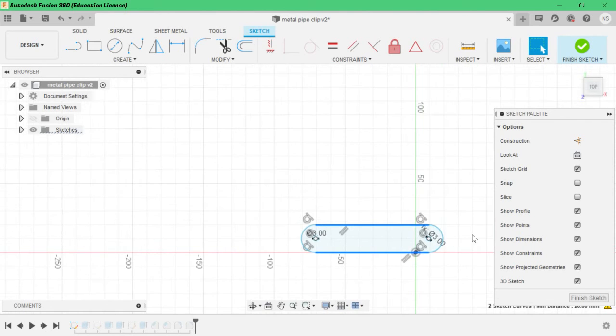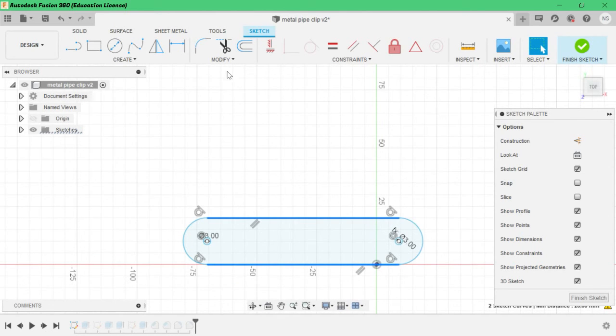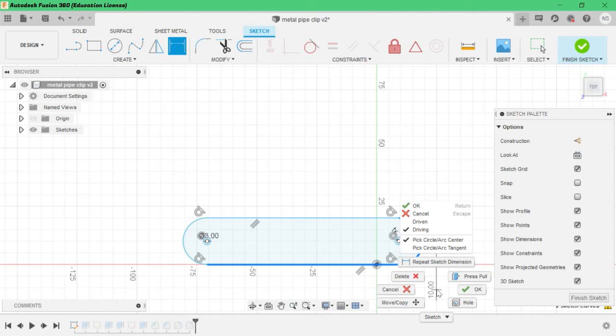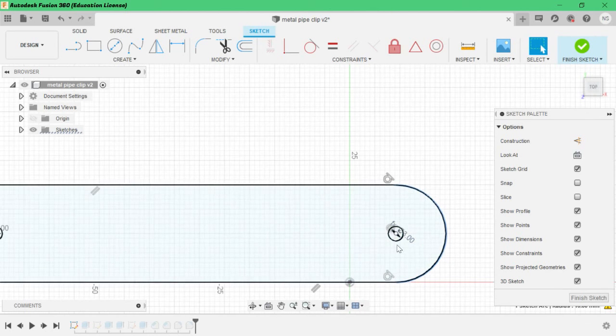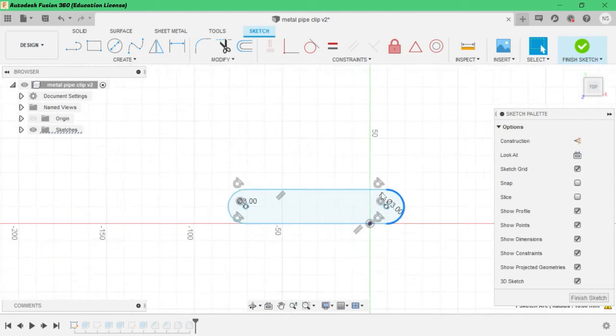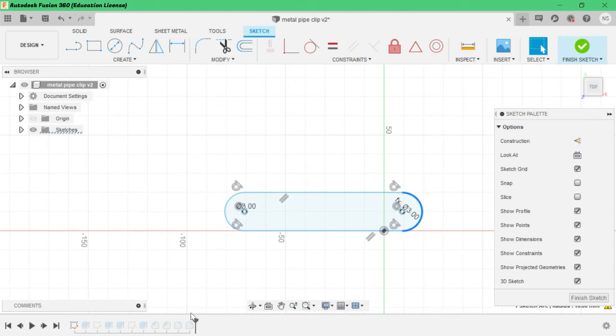Cancel. What is 5 mm? We have given. I can't find it out. Cancel. Escape. This is 10. Radius we have given 10 and distance we have given 5. Distance we have given 20. Escape. What is 10 we have given? I think we don't know the values.